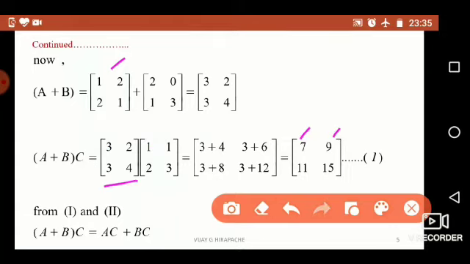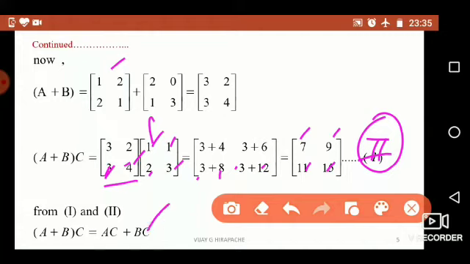Similarly we multiply the second row with the first column. Therefore we get 3 1s are 3, 4 2s are 8. Like that, 3 1s are 3 and 4 3s are 12. Therefore we have the elements in the second row as 11 and 15. This is our equation number 1. Let me denote this as equation number 2. Therefore from equation number 1 and 2 we can say that A plus B into C is always equal to